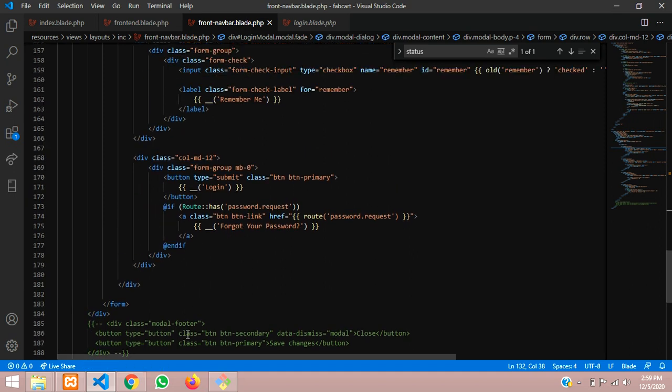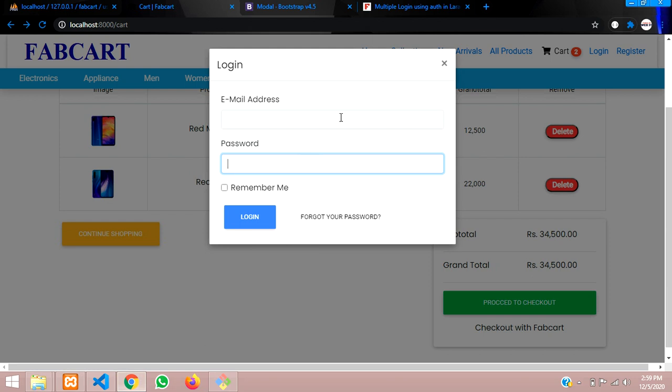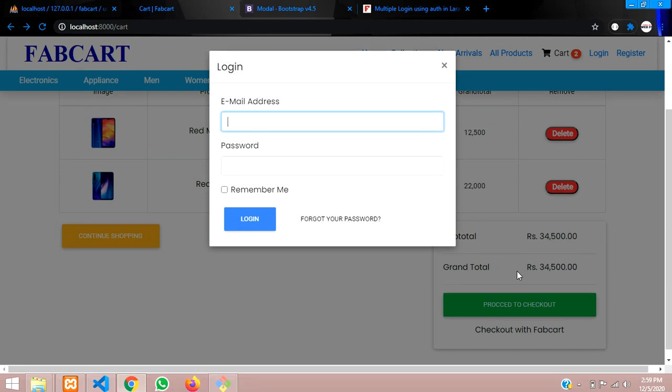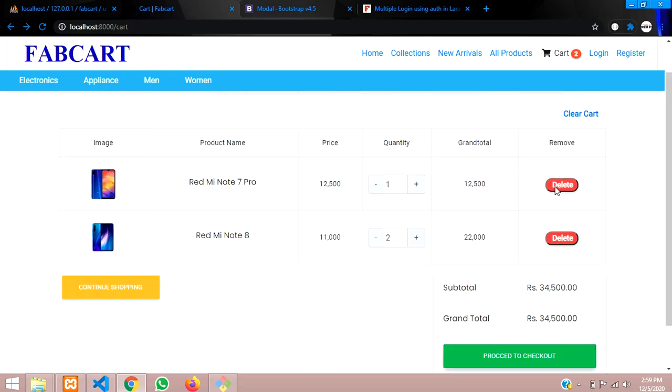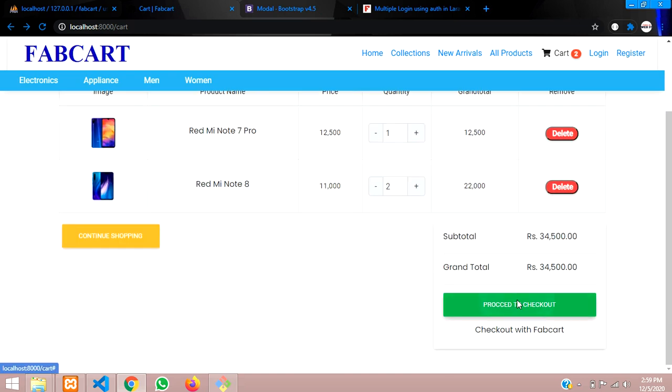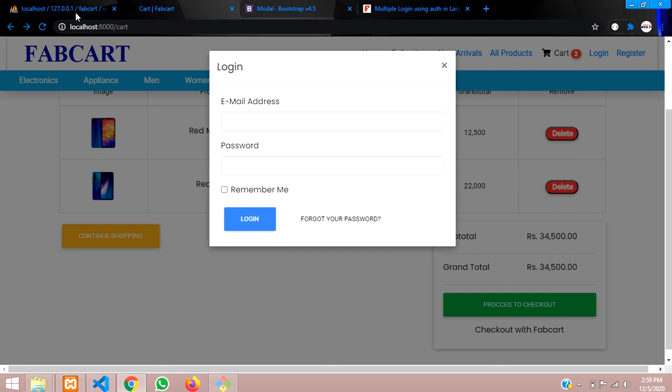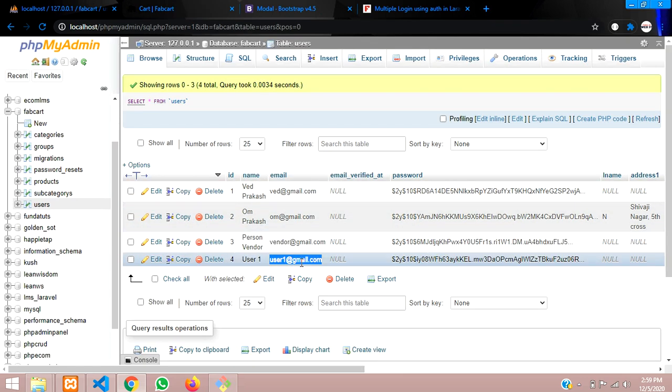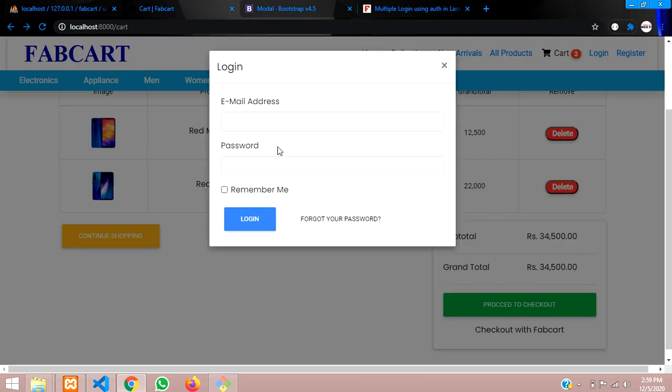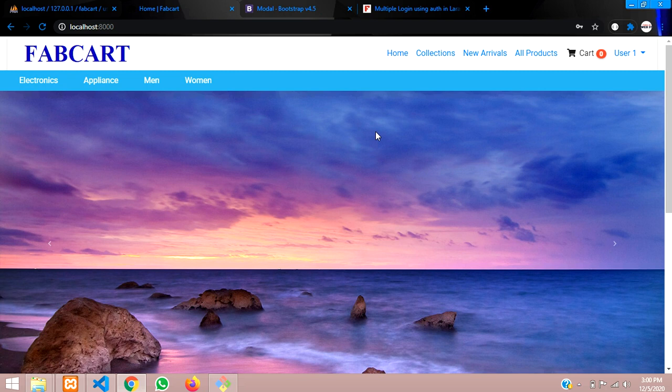So now I just wanted to make it so that if we click on login, let's log in with one data, and then let's see whether it moves to checkout or not. Okay, so let's proceed to login and proceed to checkout. Let's copy this one data and paste it. Let's type 1 2 3 4 5 6 7 8. So let me click on login and let's see what happens. Okay, successfully logged in, right?